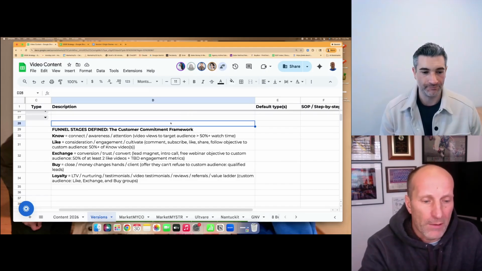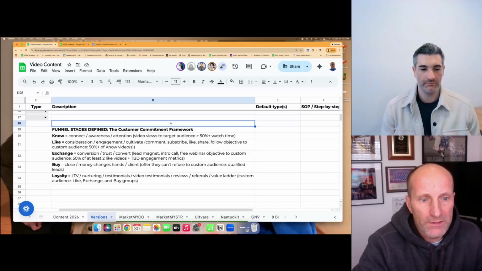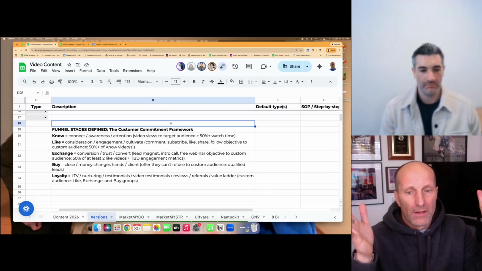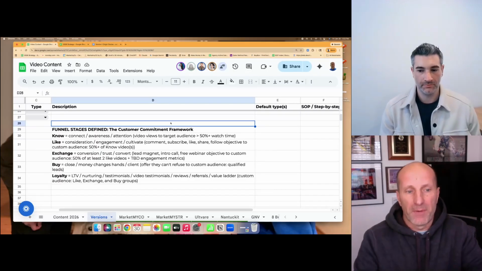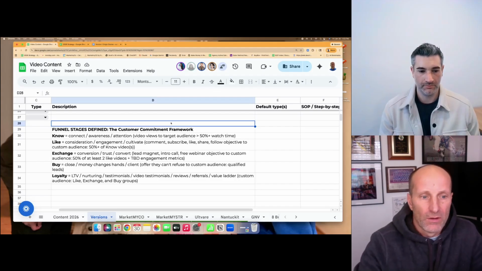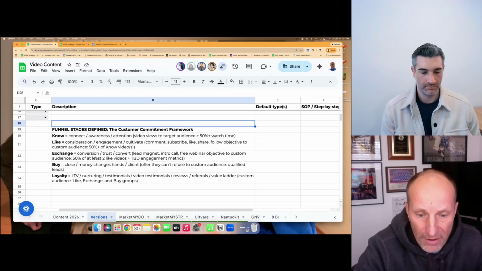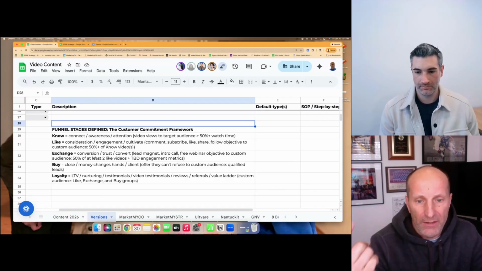What we're doing right now is we're throwing stuff at the wall, right? What we want to do is start creating a funnel where we are guiding people through from top to bottom, which is what this is intended to do. And so, once you get to the point where you get the exchange, the key difference with exchange is you're asking for one of their assets. You're asking for one of our potential ideal clients' assets, which is their information and or their time.